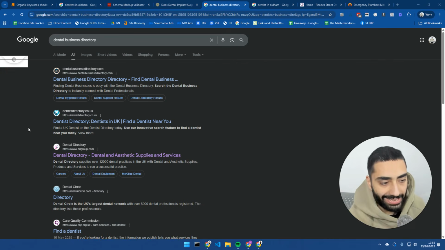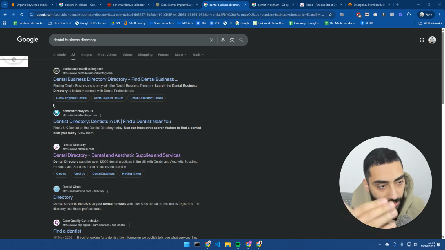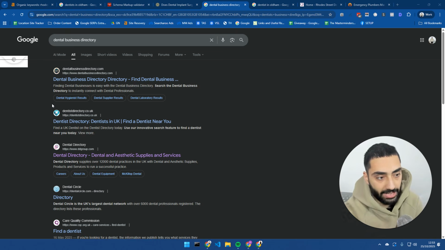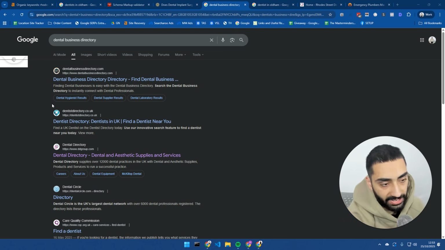The last tip that I would give is getting local authority signals. That could be citations, it could be backlinks. Again, so many websites lack on this. They might have really good on-page SEO, but by having just really good on-page, you can only get so far. The sprinkle on top, if you want to call it that, is making certain that your website is mentioned across the web by other websites.